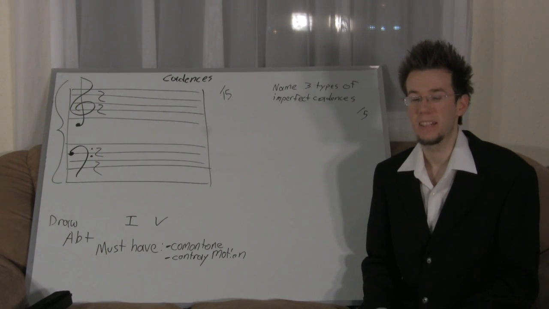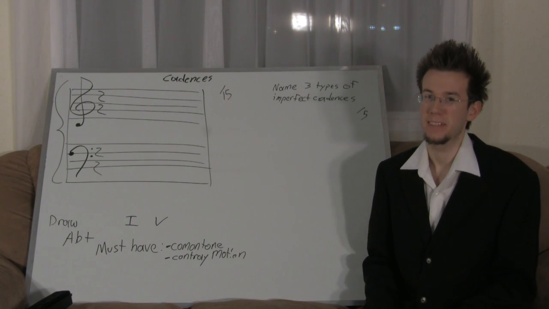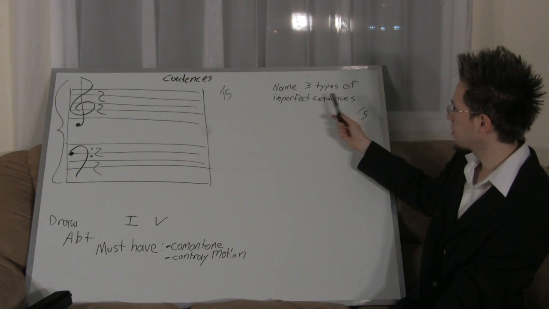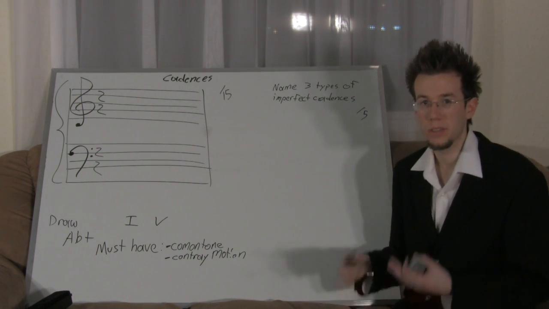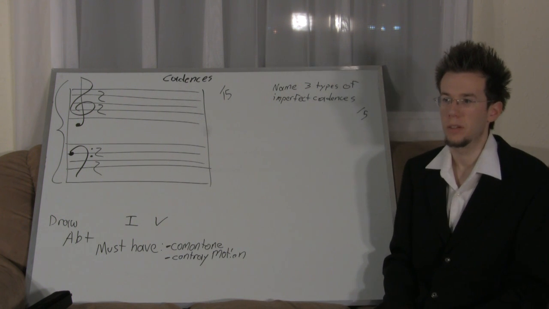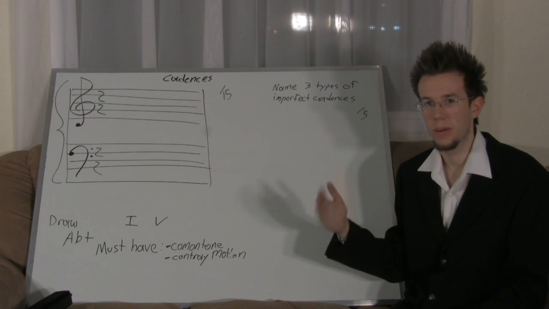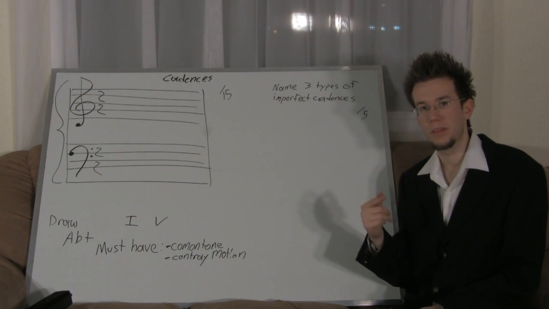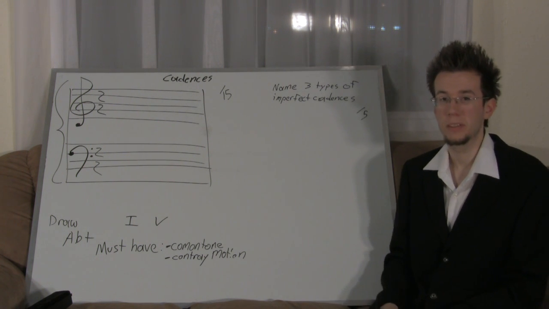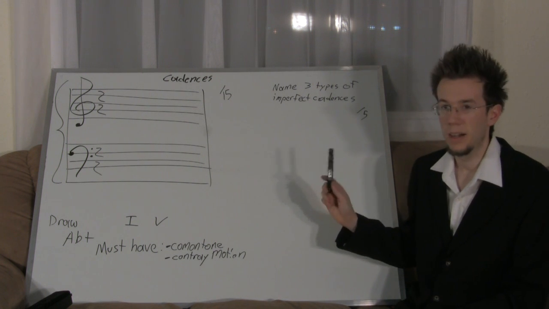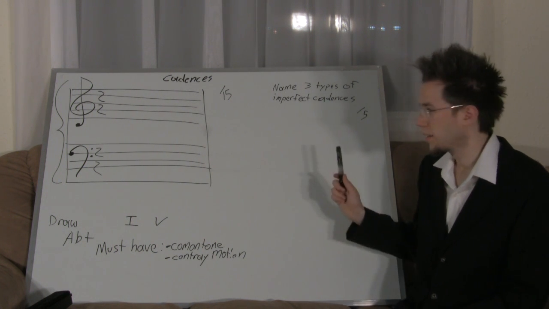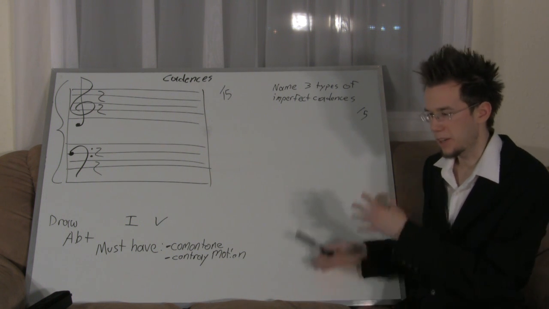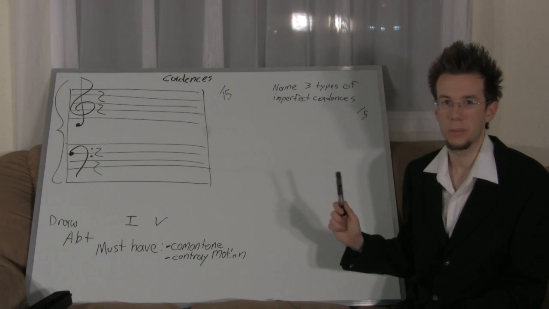Okay guys, so here's the next one, and this one is on cadences. First we have name 3 types of imperfect cadences. Those are the chord progression numbers, using chord 1, 2, 3, 4, 5, 6, 7, any one of those. We went over those in the previous video. Remember I showed you the examples? I want you to write out the chord progressions for 3 of them. You don't actually have to write the cadence, just write the chord progression numbers